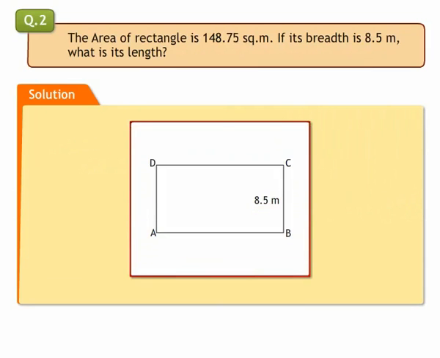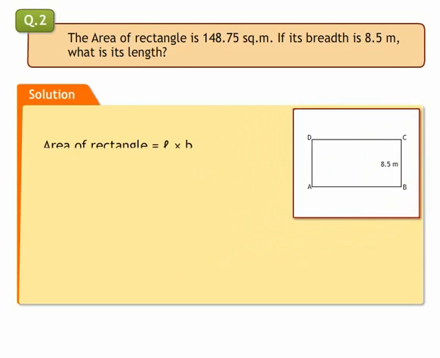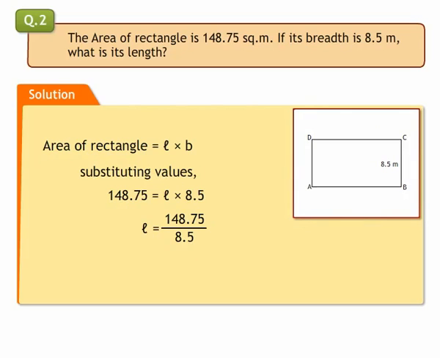2. The area of a rectangle is 148.75 square meters. If its breadth is 8.5 meters, what is its length? Solution. Area of rectangle is length into breadth. Substituting values, 148.75 is equal to length into 8.5. That is, length is equal to 148.75 upon 8.5 meters, which is equal to